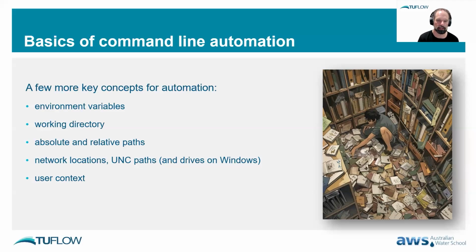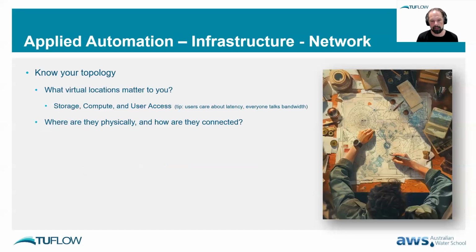And think about user context. User context is an important one, because when you're writing scripts for yourself, they might work perfectly. And then when you hand them to a colleague, they might suddenly not work. Because if your automation relies on something in the environment that's different for you, like where your files live or what your specific rights are, that can affect whether or not the script is effective. So when you're writing automation scripts, keep user context in mind. Don't write it just for yourself, but write it for whoever wants to be running it and keep their user context in mind. I'll get into some of the areas of application of automation now, starting with the infrastructure and